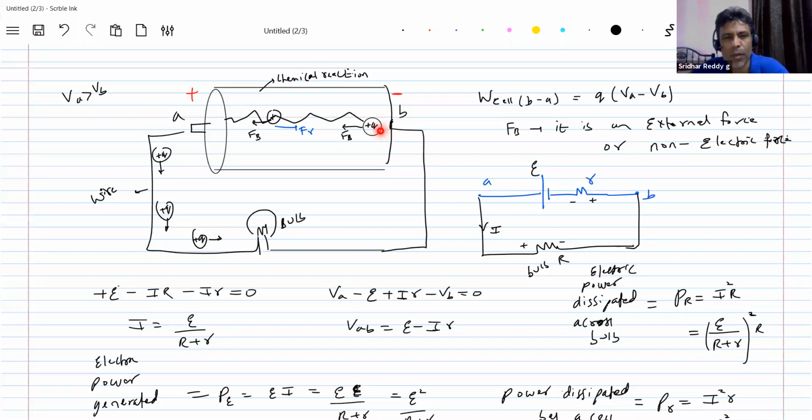Not possible, no? The positive charge can move from high to lower potential. So therefore here, somebody should help. The energy available due to the reaction will lift the charge from low to higher potential. That energy is given to the charge now. With that energy, the charge will go around the circuit.